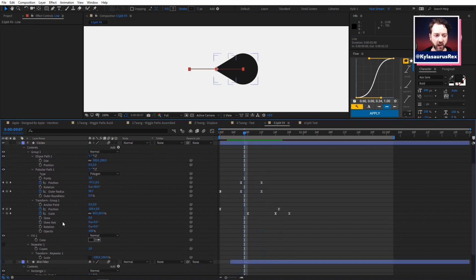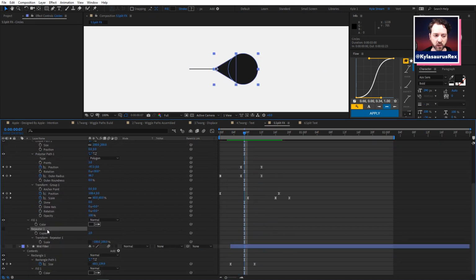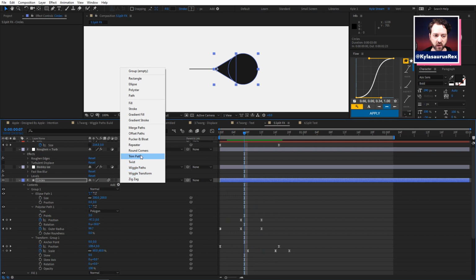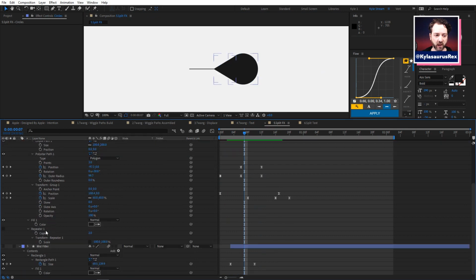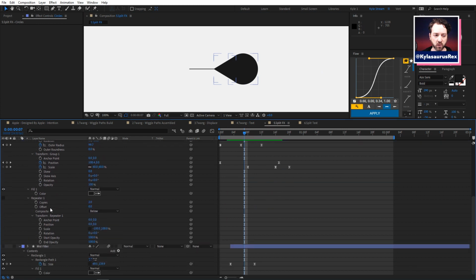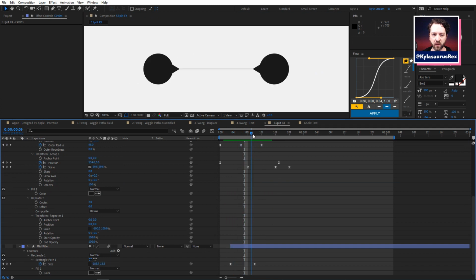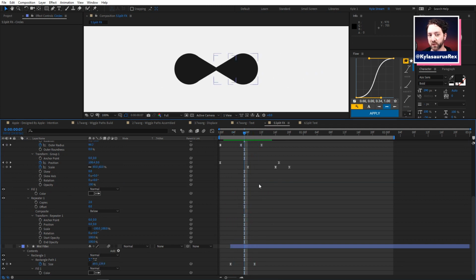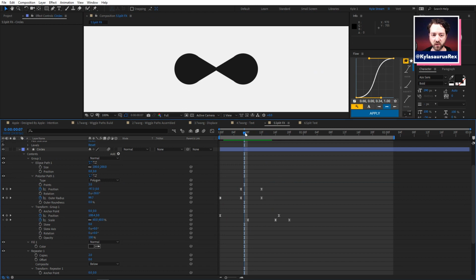And then I gave this a repeater, which is one of my favorite shape layer effectors right here, repeater. And this is a great way to just do a mirrored thing. You just use the repeater and tell it to make the scale -100. And then be mindful about where the anchor point of that repeater is. But it's a good way to just kind of mirror something like that. Of course, the mirror effect works well too, which I actually did in another version of this. And you can see that's pretty close already, but we're missing the globbies.